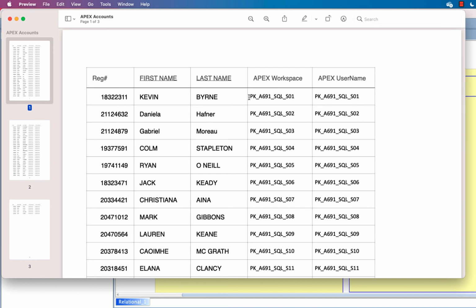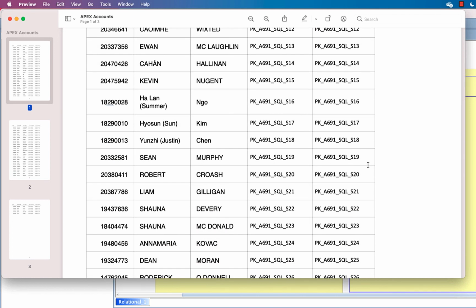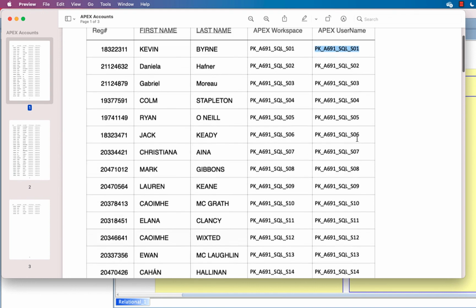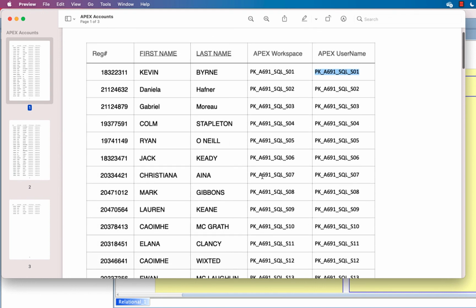Both are the same, so no problem. The third important thing required is a password, which is common for all, but when you log in the first time, you have to change it. So you can go through this document and find your assigned workspace and username, which is the same.